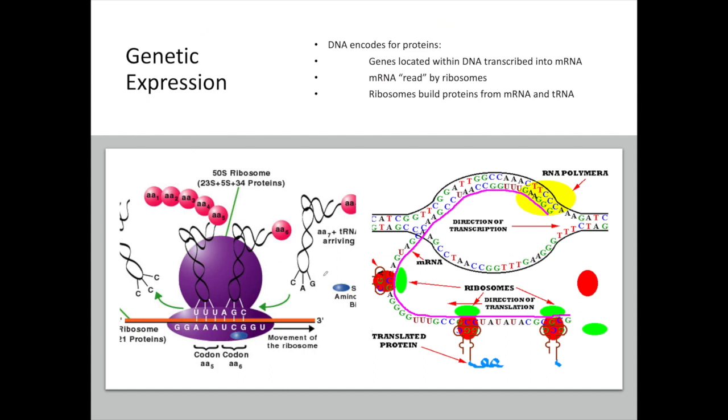So here we have just kind of an example of transcription and translation. I have transcription over here on the right. Transcription is really very simple. It works a lot like DNA replication, but instead of DNA polymerase moving along the gene here, I have RNA polymerase. RNA polymerase started over here somewhere at the regulatory region where everything gathered, and then